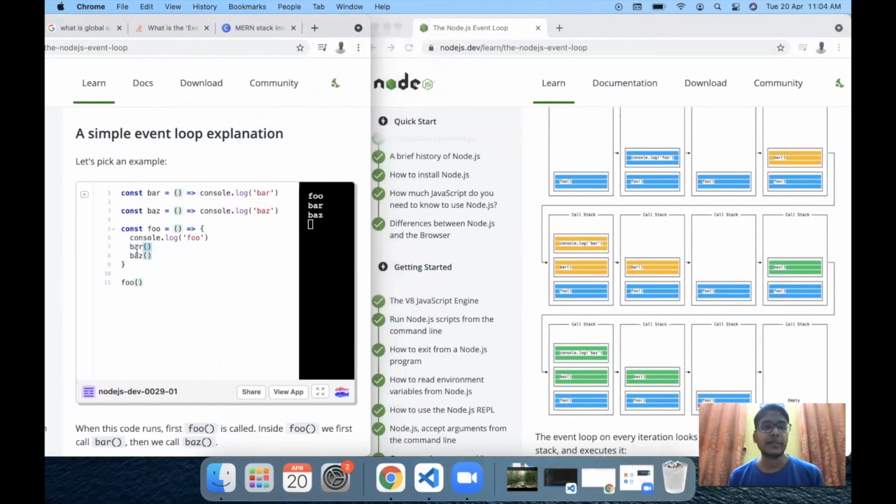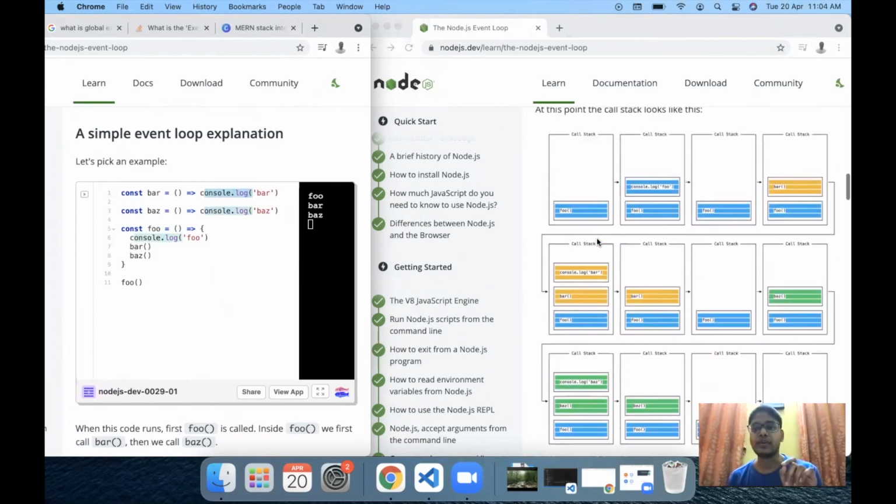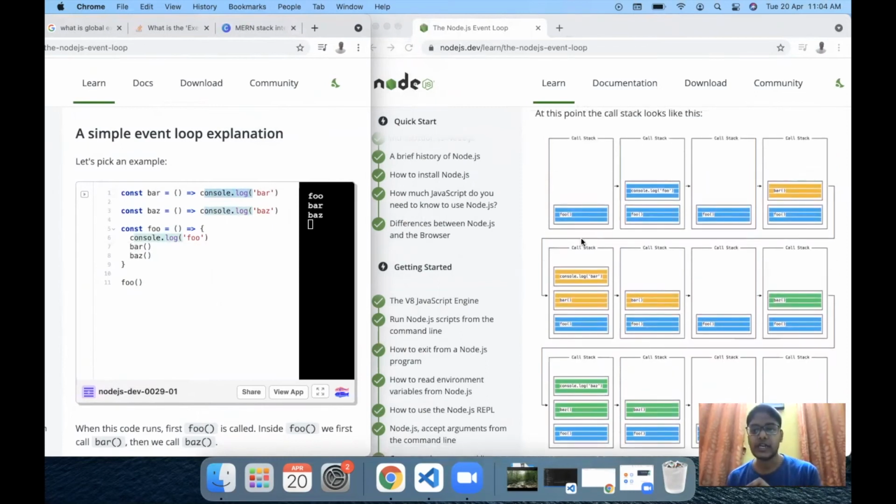Then this bar function will get executed, and as you can see in this bar function, we have a console.log statement. So bar function got added, then this console.log statement will get added at the top of the bar function call, and this console.log bar statement will get executed. And by that, this second line in our code, which is bar, will get printed in our console. Then the task of the console.log statement is done, and there are no more statements in bar function. That is why the bar function execution will get completed. So log will be popped off and then bar will be popped off.